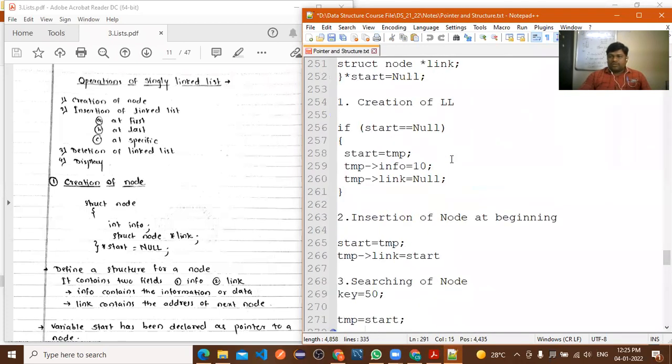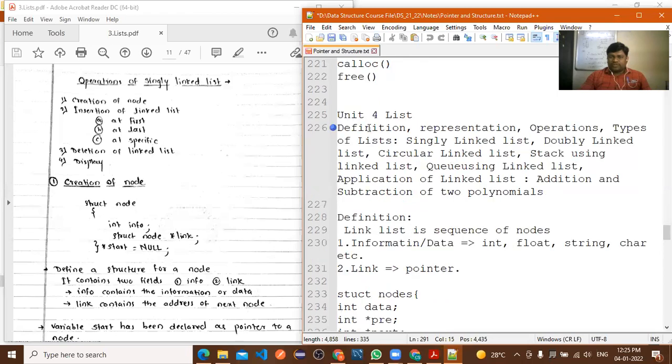In the previous session, we started Unit 4, list. We discussed the definition, representation, operations, and types of list: singly linked list, doubly linked list, circular linked list.